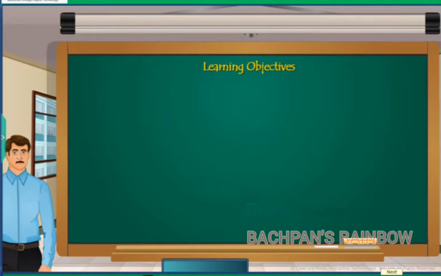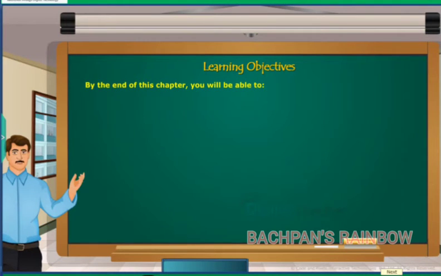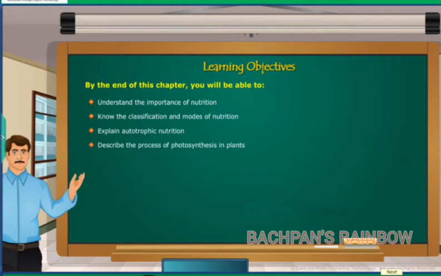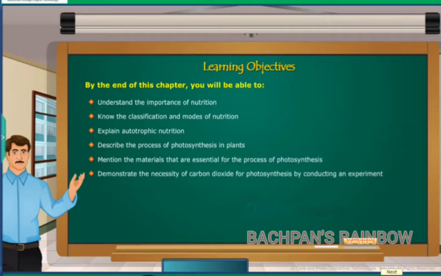Learning objectives. By the end of this chapter, you will be able to understand the importance of nutrition, know the classification and modes of nutrition, explain autotrophic nutrition, describe the process of photosynthesis in plants, mention the materials that are essential for the process of photosynthesis, demonstrate the necessity of carbon dioxide for photosynthesis by conducting an experiment, explain the